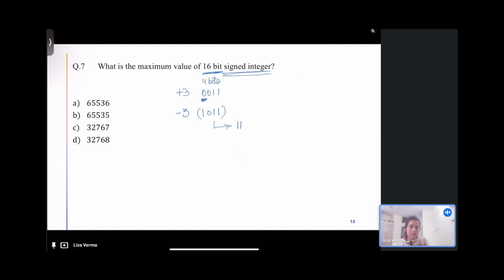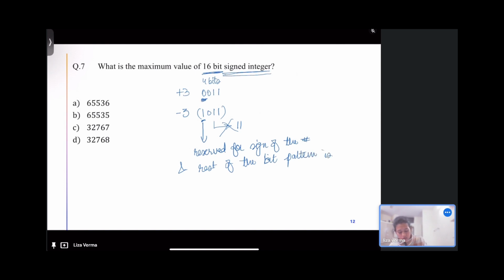But this is not 11, this is a signed number, and for a signed number we know that the MSB is reserved for the sign, so this is not equal to 11. The first bit is reserved for the sign of the number, and the rest of the bit pattern represents the magnitude,